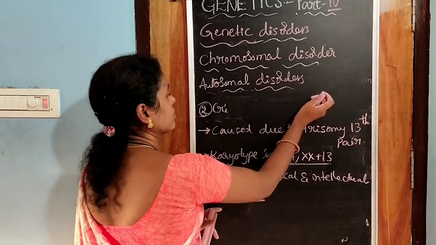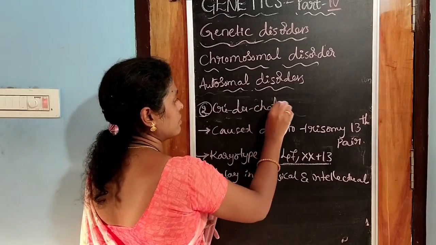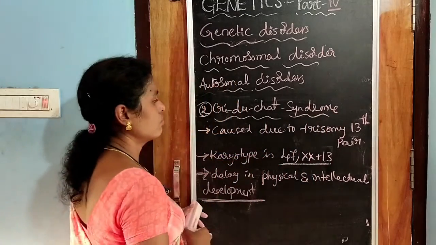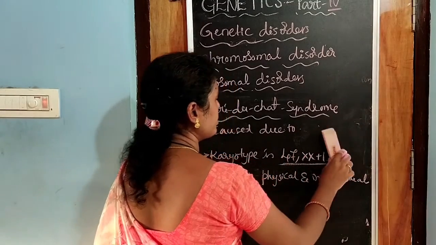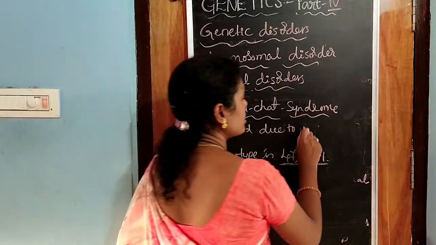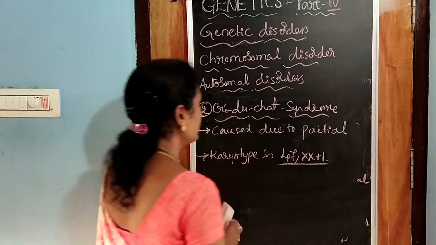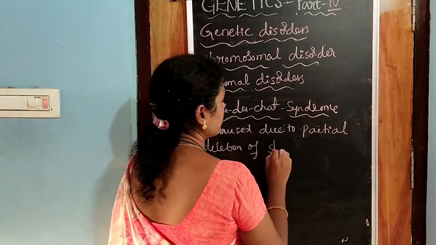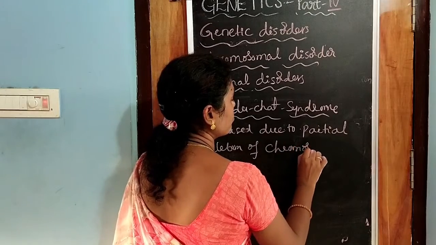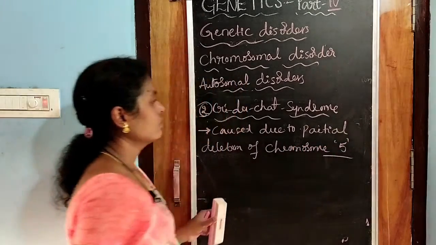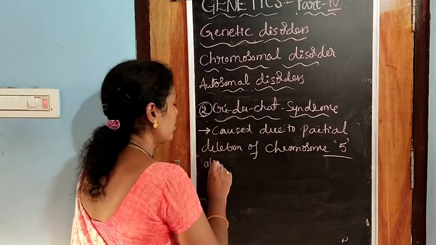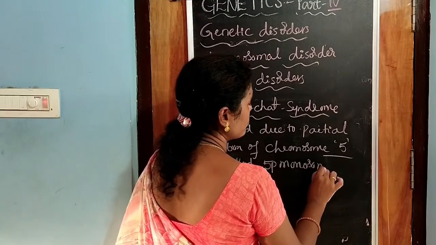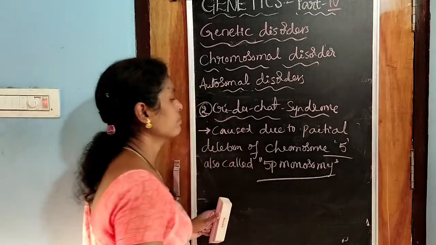Cri-du-chat syndrome. It is caused due to the partial deletion of chromosome 5, so it is also called 5p monosomy. So the symptoms are